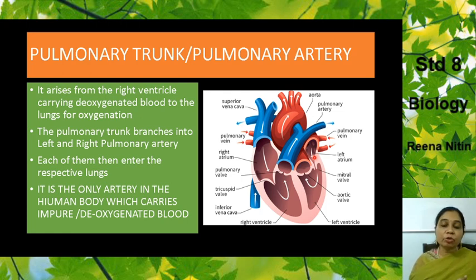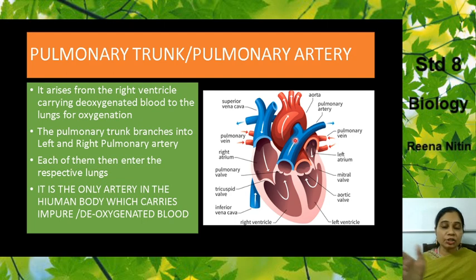We move on to the next main part, that is the pulmonary artery. Now remember, before also, pulmonary had to do with lungs. In the same way, this pulmonary also has to do with lungs. Mainly, this is carrying the impure blood from this part, the right ventricle, for purification towards the lungs. Again, pulmonary, so to do with the lungs. So this is also known as the pulmonary trunk.